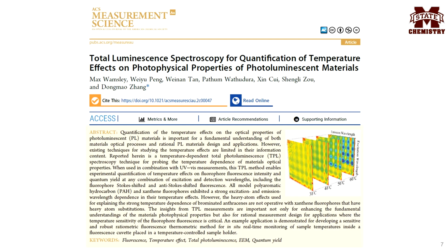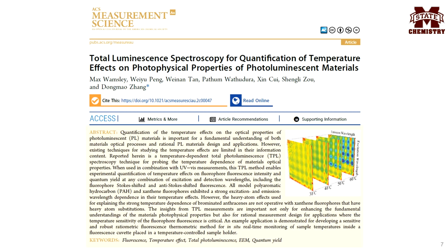Total photoluminescence is a three-dimensional spectroscopic technique that acquires a photoluminescence spectrum at each excitation wavelength across the entire sample absorption wavelength region. Total photoluminescence data allow the visualization and quantification of emission intensity changes as a function of the sample temperature, excitation wavelength, and emission wavelengths. A complete total photoluminescence dataset is composed of the emission intensity as a function of every combination of excitation and emission wavelengths,